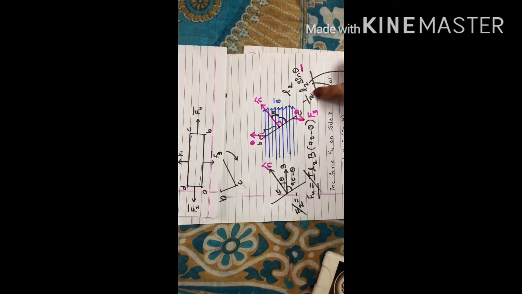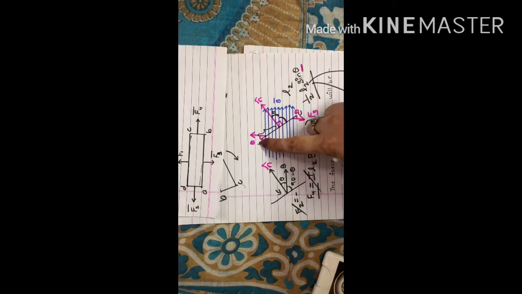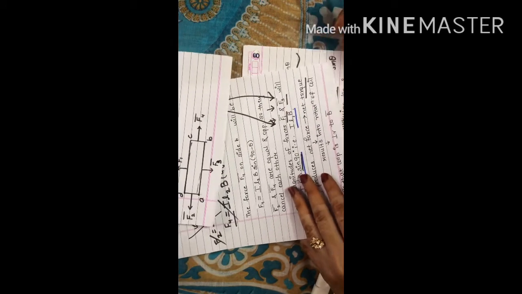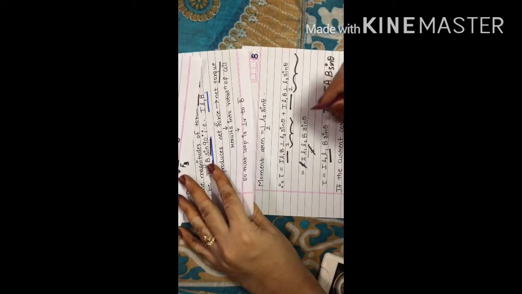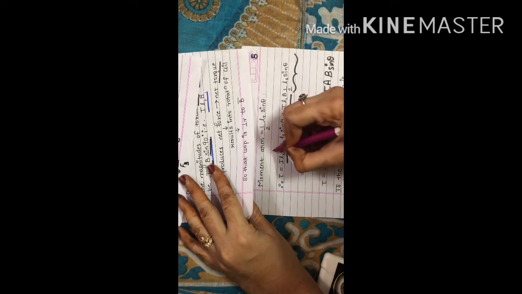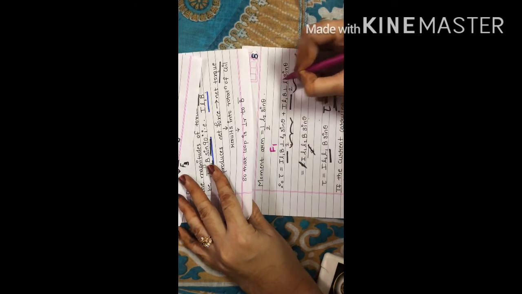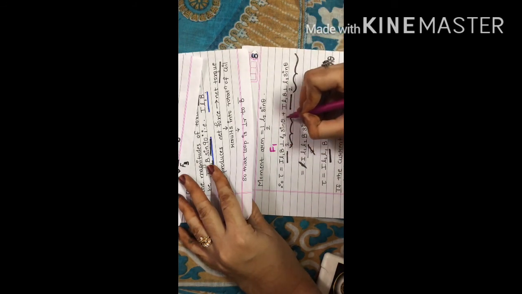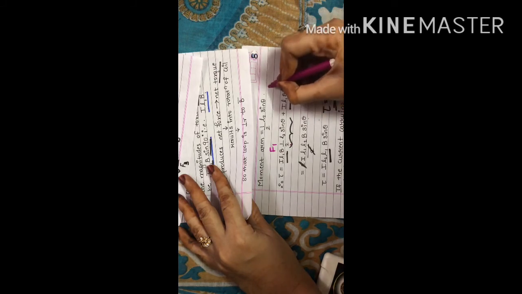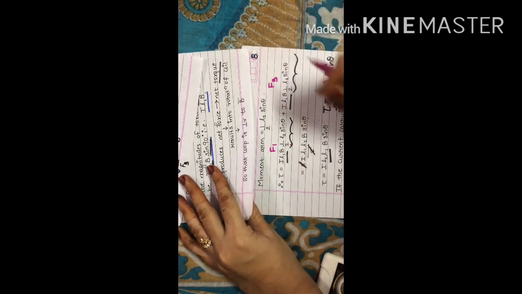So half the breadth, that is this length L2, and sine of theta, because this length makes angle theta with the two forces, right? That is the reason we are taking it here. We are taking in the formula half L2 sine theta for F1 and half L2 sine theta for F3. Okay.